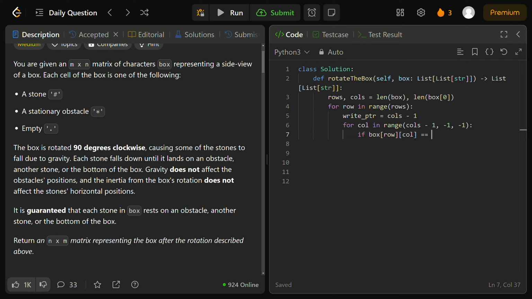if that's equal to a stone. And how do we know if it's equal to a stone? If it's actually equal to a string of a hashtag. And if that's the case, then we want to go through the procedure of first replacing this stone with an empty cell and moving our stone one down, while it's non-obstructable. So we'll set box at row, at column to be equal to an empty cell, which is represented by the string of a period,